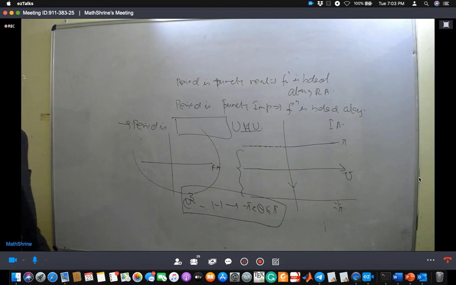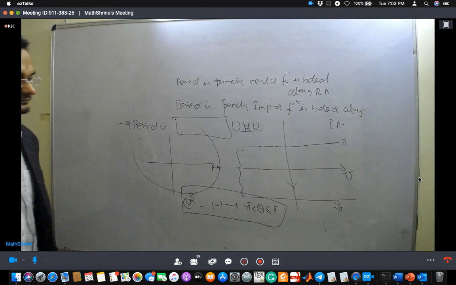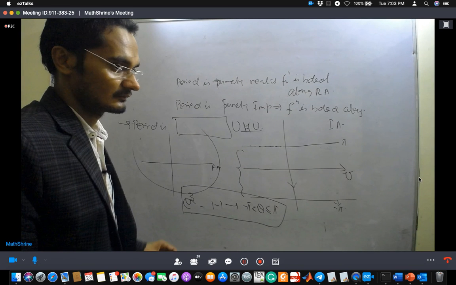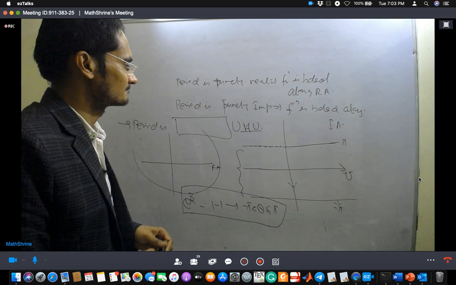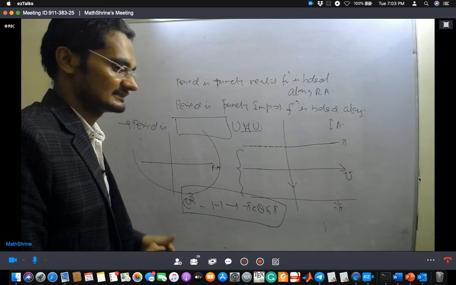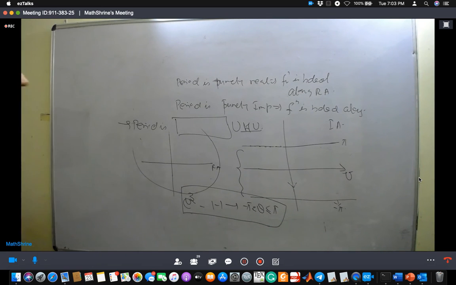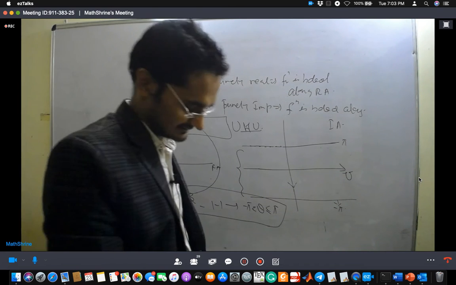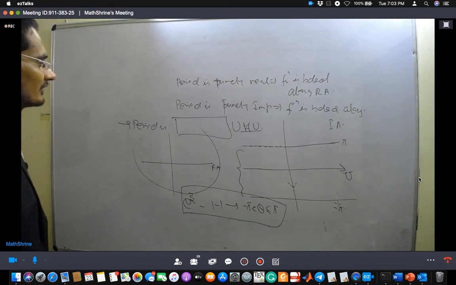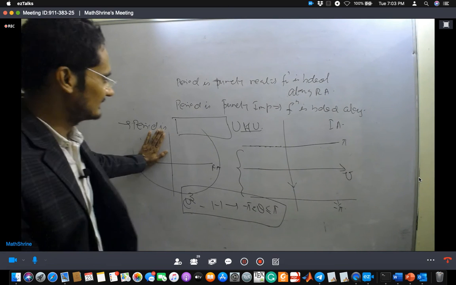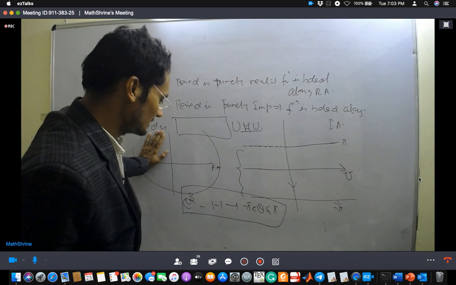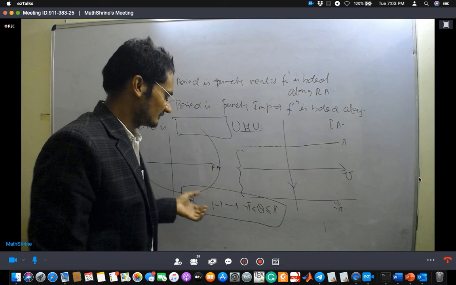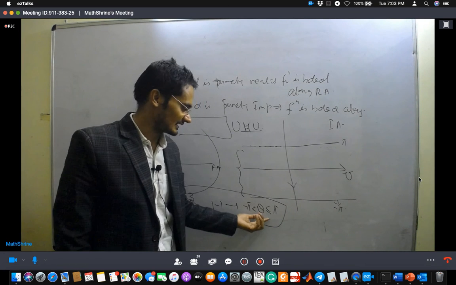Okay, so I am again repeating that our exponential function is not univalent, but what we did is impose a condition on theta, minus pi less than theta, or you can also write in your exam theta less than 2 pi and greater than 0. You can write many more, right? You can write theta less than pi and greater than minus pi, or theta less than pi by 2 and greater than minus pi by 2, and many more ways.